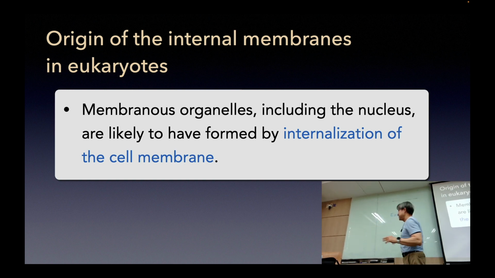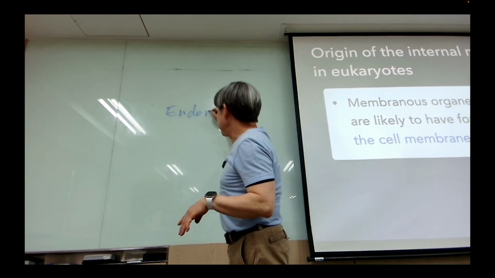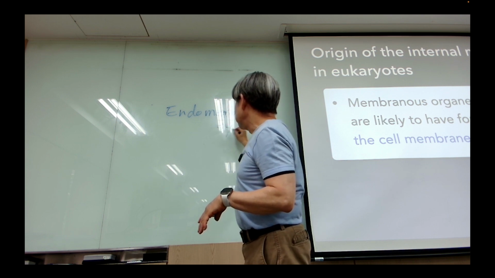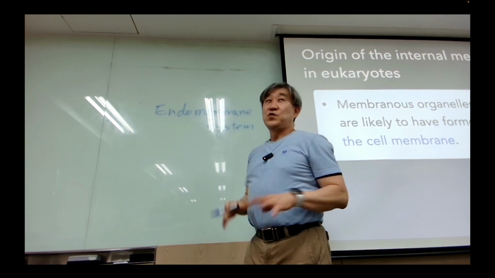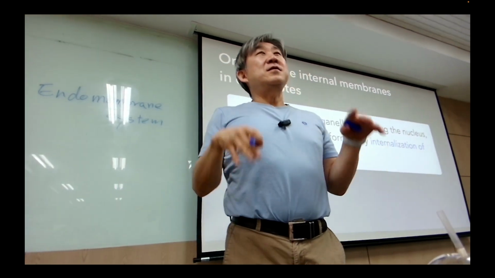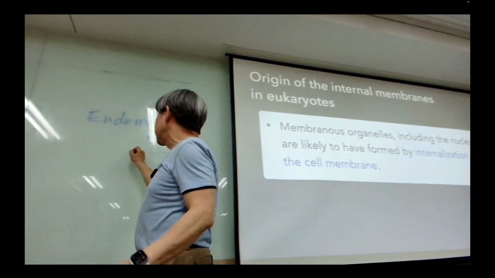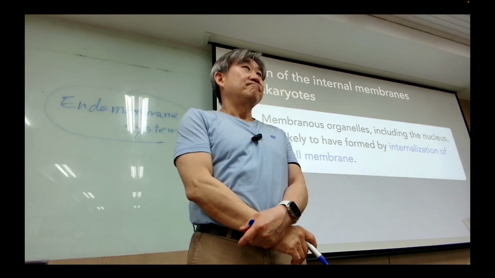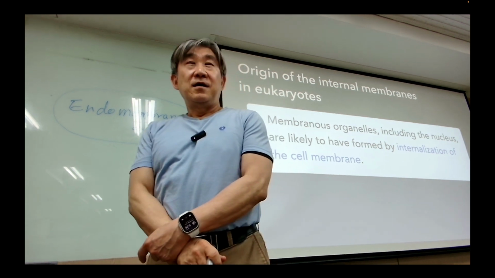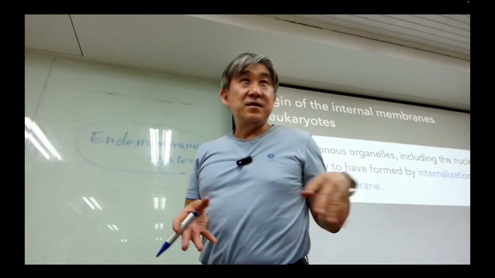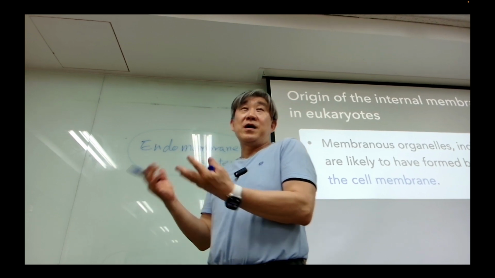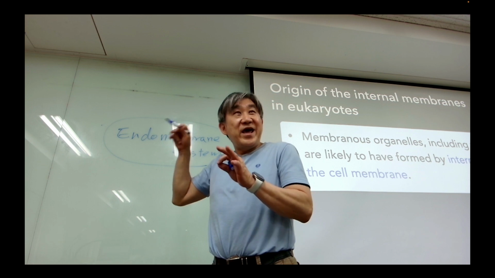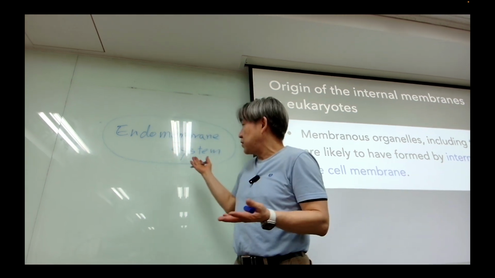Another endo thing now. Endomembrane system. So many organelles belong to this group, what we call the endomembrane system. They are very similar, not in their functions, but in their origin. So that's why we can safely group them as an endomembrane system, which is a big word, but this is nothing